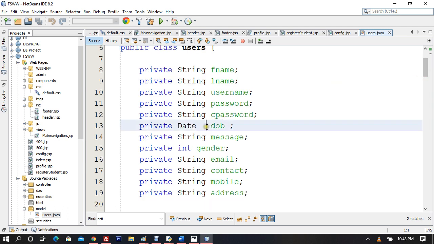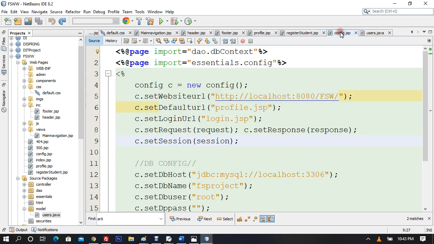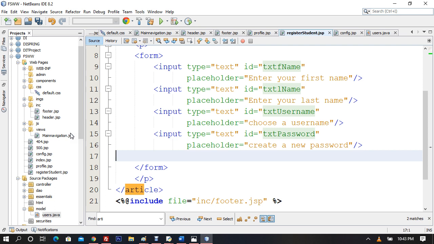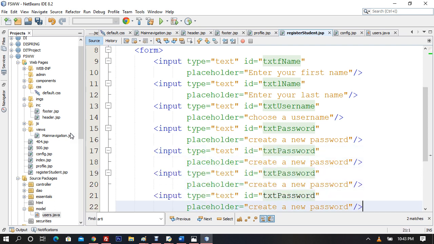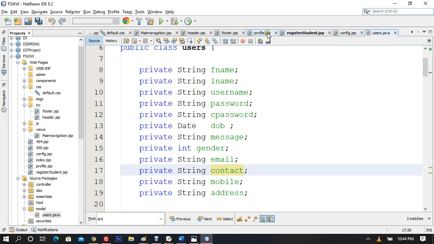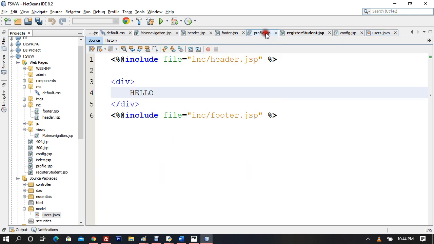Then we have DOB and we have message is not there, gender is there, email, contact. So let me go ahead with confirm password first, and then I'll do the rest of the things. Okay, let me copy it for doing things quickly. So let me choose it, choose a username, create a new password. So I'll say confirm your password. So I call this as txtcpassword,